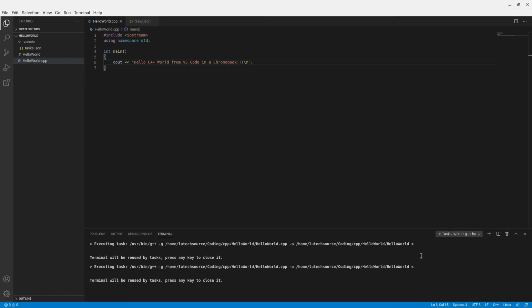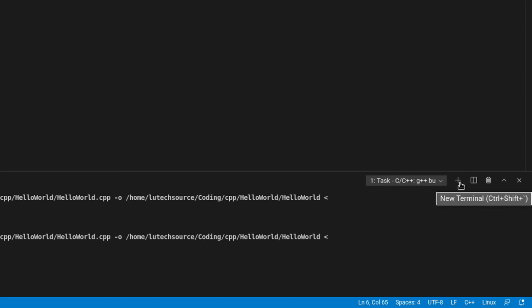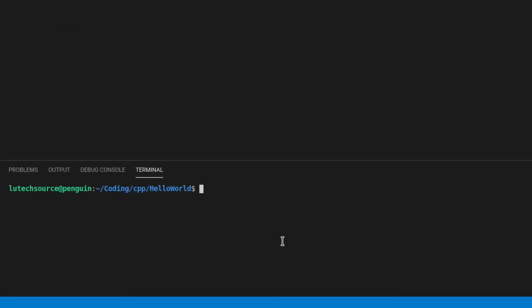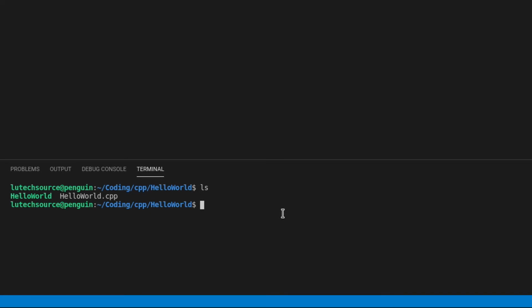So let's bring up a new terminal by clicking on this plus icon that's over here. We can see that we're in the same directory as our project. And if we list the contents of the directory, we see our hello world.cpp file, and we see a hello world file with no extension. This is the file that was created when we built the project, and it's what we want to run to see our results. And to run it, type